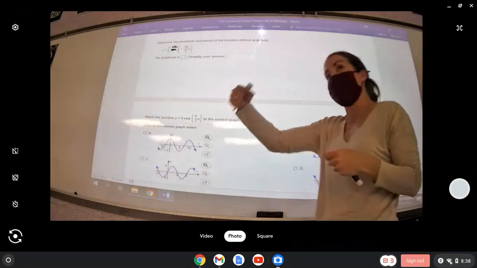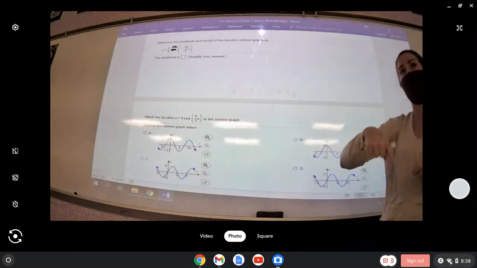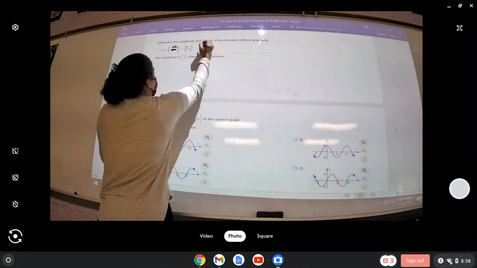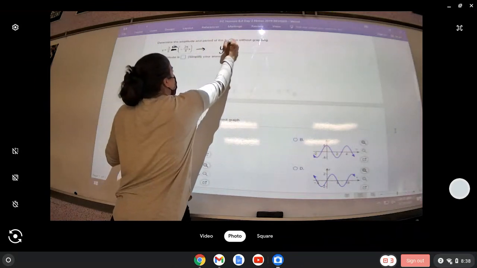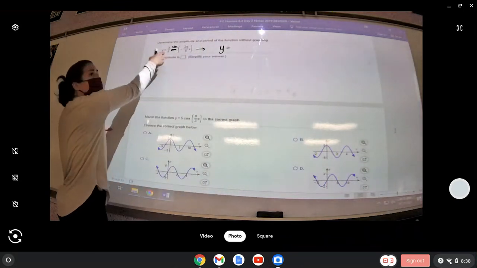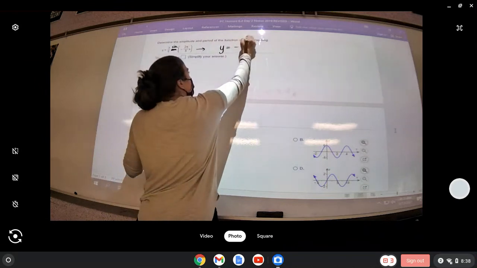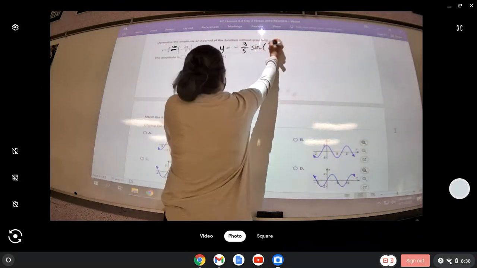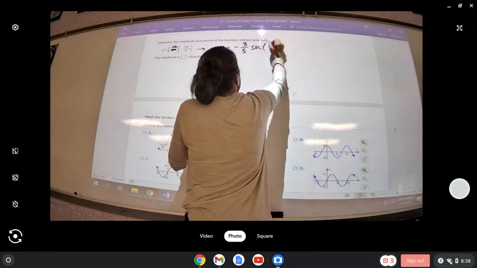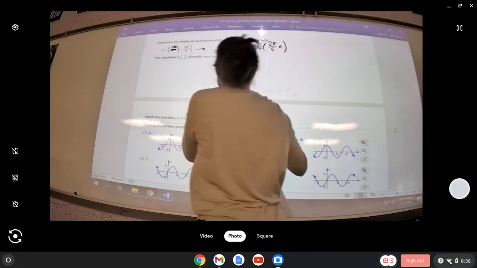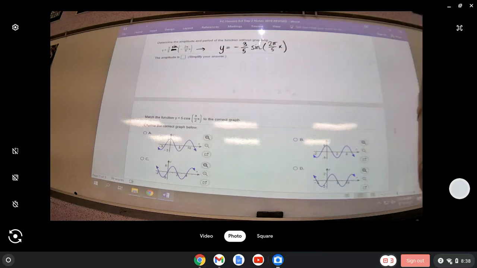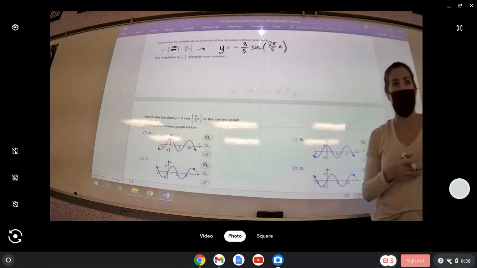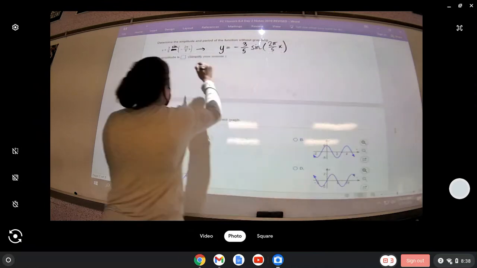So when you plug the opposite of theta in, the opposite of that ratio comes out. So we can rewrite this as y equals, take that negative, we're going to throw it in front on the outside. So negative 3/5 times the sine of 2 pi over 5 times x, because it's an odd function. Okay, so now let's get our amp and our period. The amplitude,